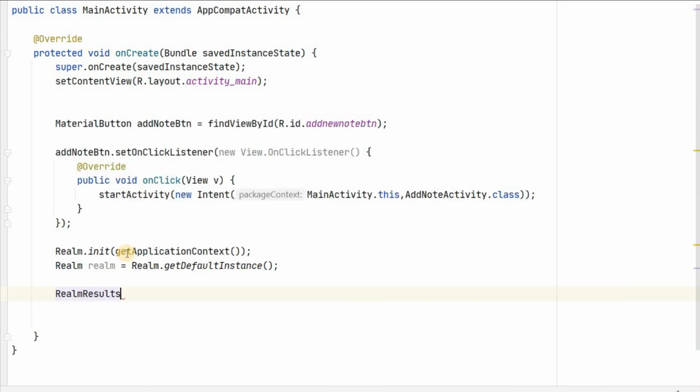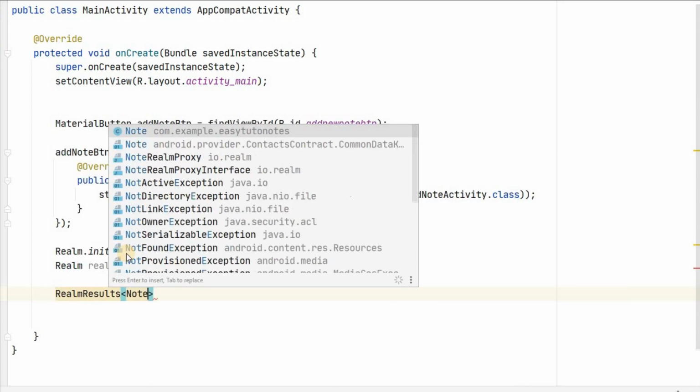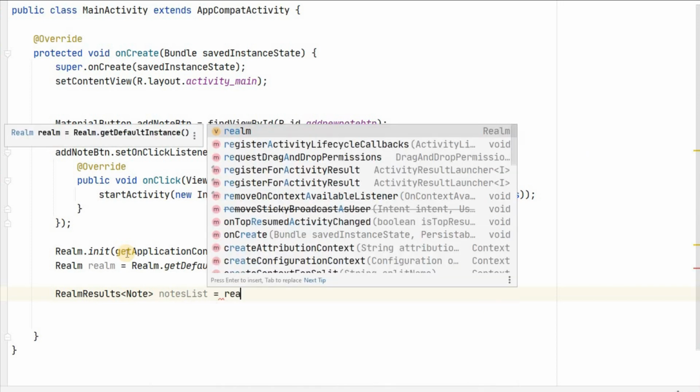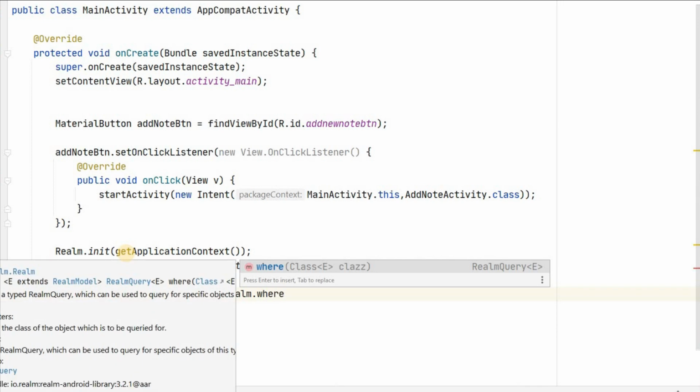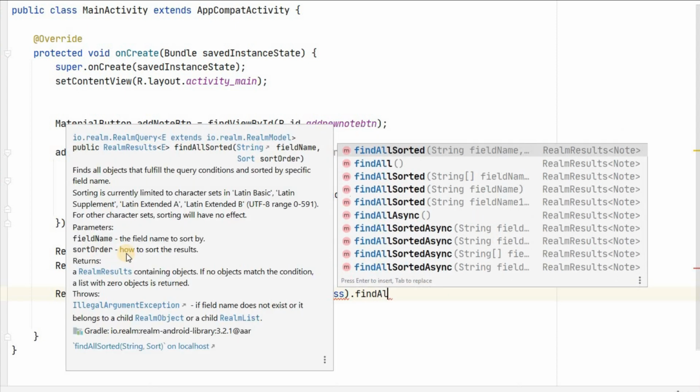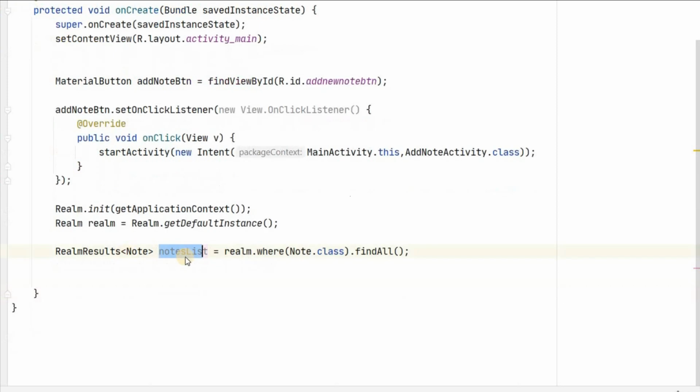RealmResults of Note class, notesList is equal to realm.where. We have the where method, where Note.class.findAll(). That's it. We get the notes list from the realm database where Note.class is available.